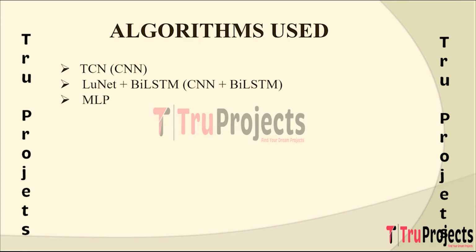MLP, multi-layer perceptron. MLP is a classic feed-forward neural network consisting of multiple layers of nodes or neurons. Each neuron in one layer connects to every neuron in the subsequent layer, allowing it to learn complex patterns and relationships in the data. MLP is used as a standalone architecture or as a part of the ensemble for intrusion detection. It's effective in learning complex relationships between features in the dataset, contributing to the model's ability to classify different attack types.